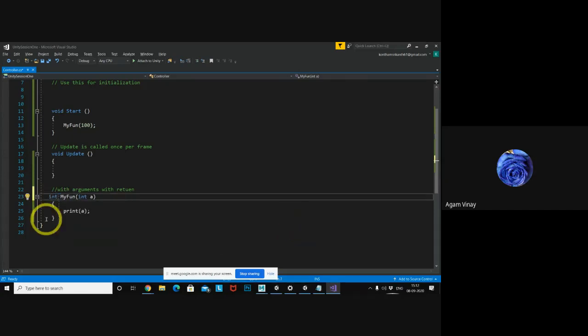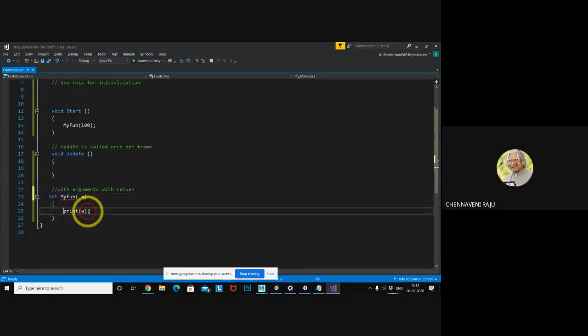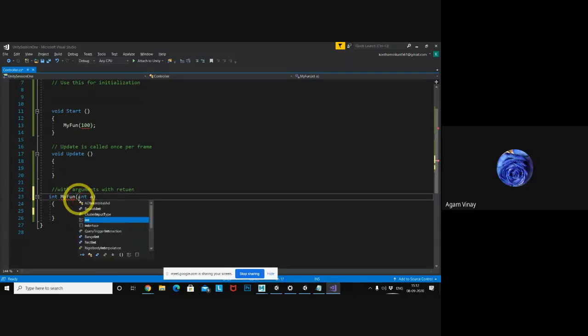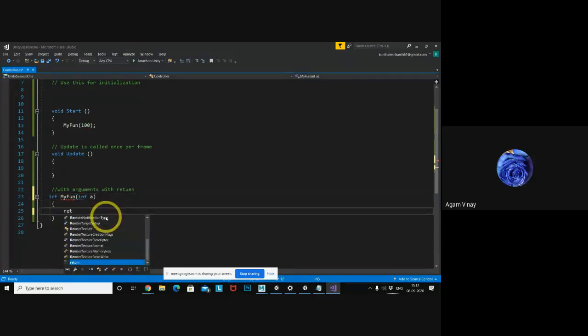What will it return? An int type, right? If you want to return something here, return here. Okay, this is the syntax for with argument, with return type.